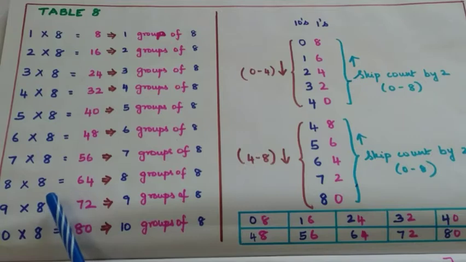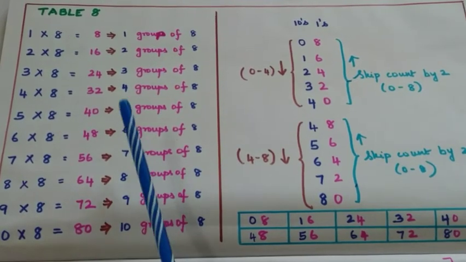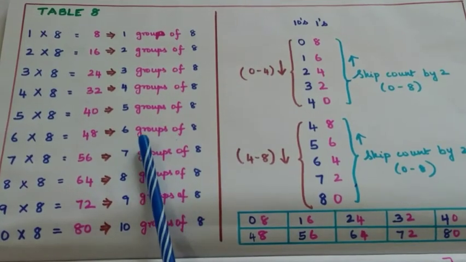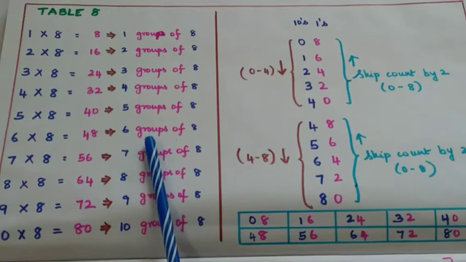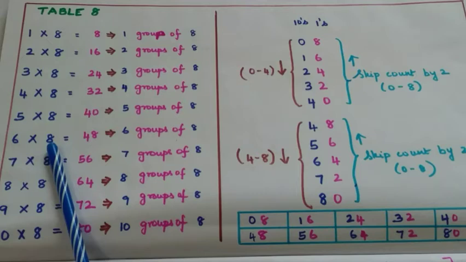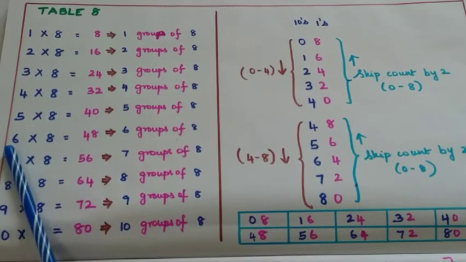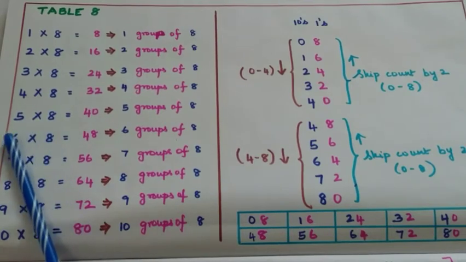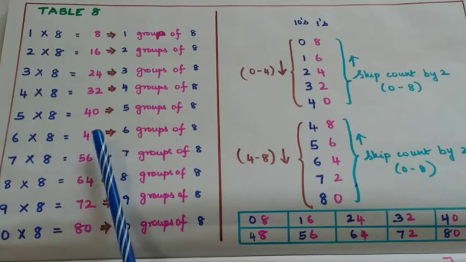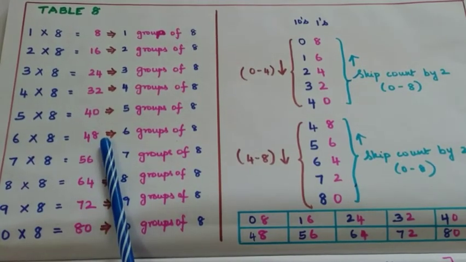Once the kids are able to read the table properly, the next step is to make them understand what each of the rows means. I do this for every table I teach, for the kids to be clear of what they are learning and why they are learning. Let's consider the sixth row where 6 is being multiplied by 8. This means that there are 6 groups with 8 items in each group. So when we need to find the total number of items in these groups, we perform multiplication to obtain the result of 6 into 8, which is 48.